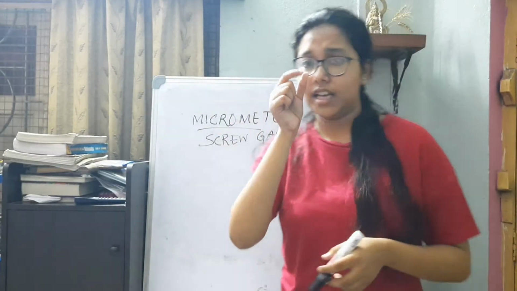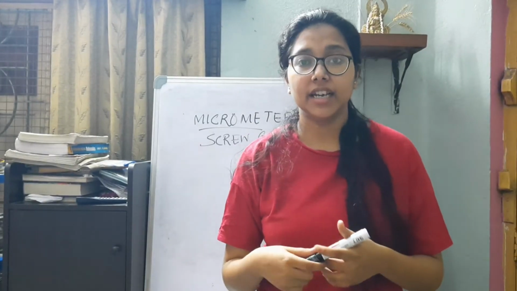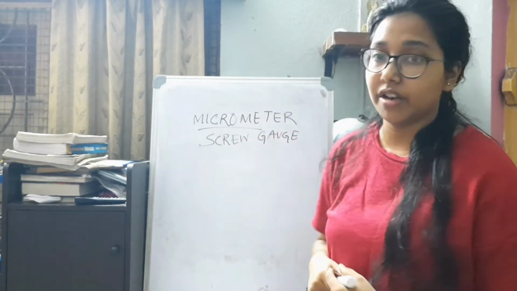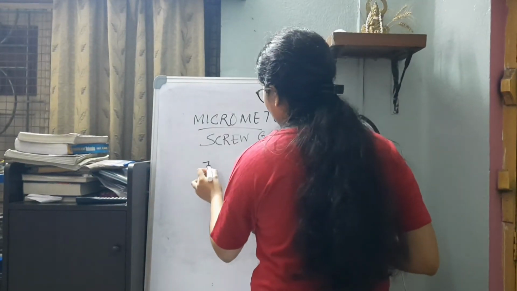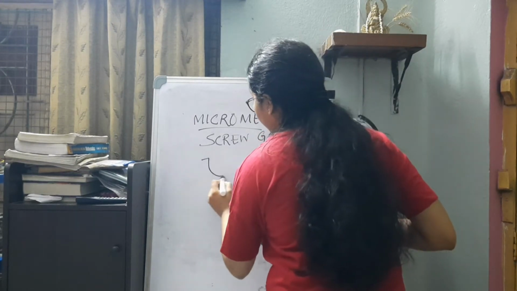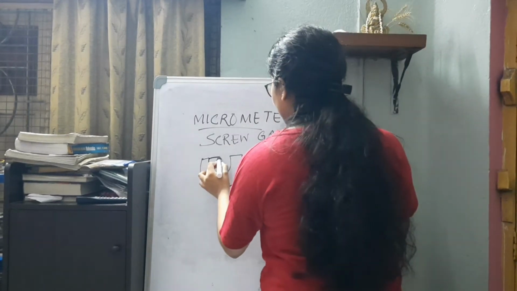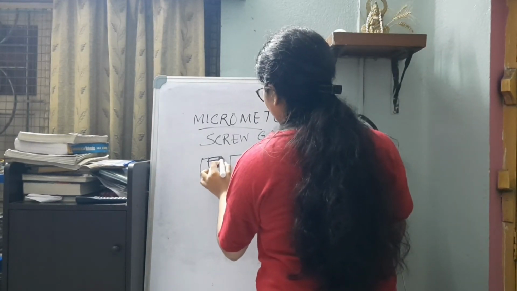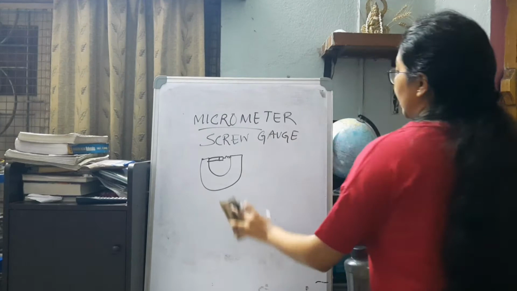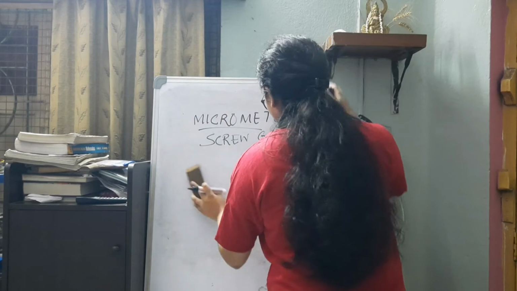One more thing I had to mention: when you are doing the physics practical, make sure you measure the positive or negative zero error with both jaws of the screw gauge attached. If I show you a rough diagram, this is how the screw part looks from the front. This particular jaw should coincide with this particular jaw of the screw gauge, and then we start determining the value of the positive or negative zero error after placing the jaws in contact.